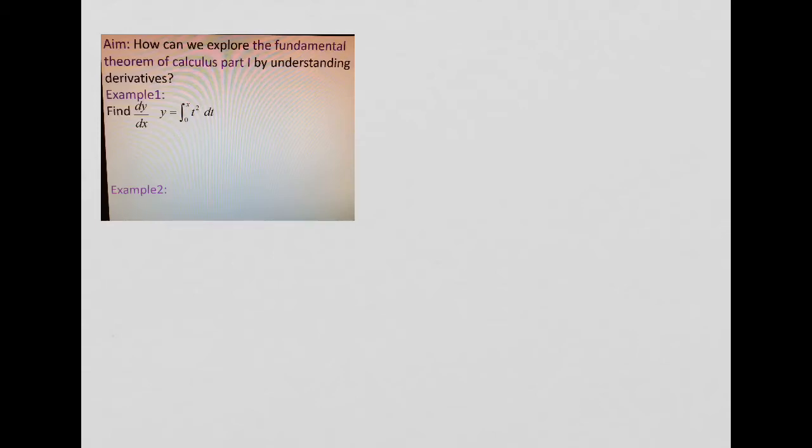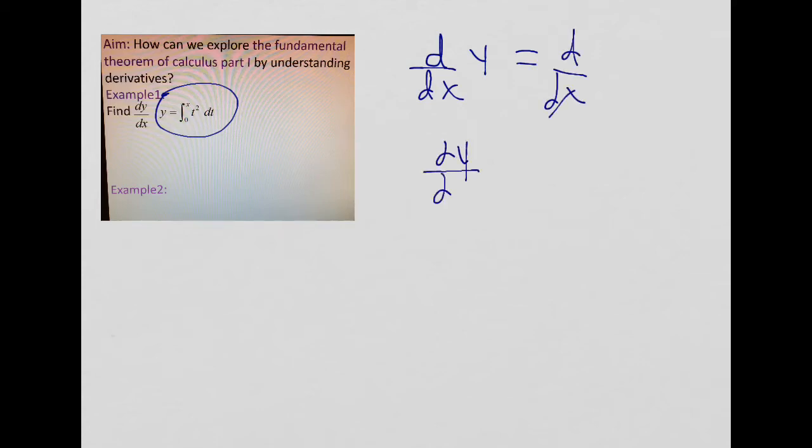We want to find dy over dx, so it means we need to take a derivative. We're going to take the derivative on both sides of the equation that you see here. So if I take the derivative with respect to x on the left side of my equation, I do indeed get the dy over dx I was looking for. If I take the derivative on the right side of the equation,